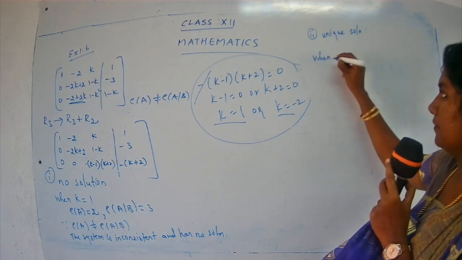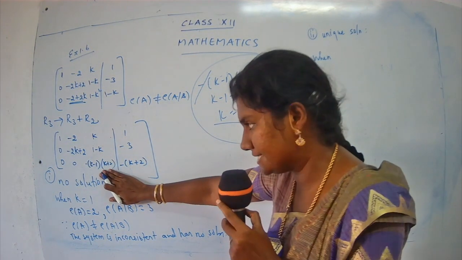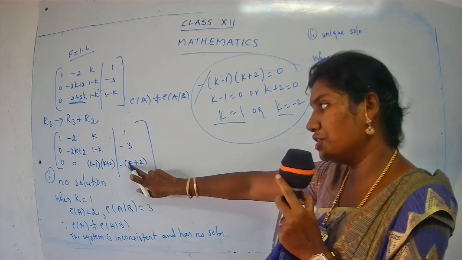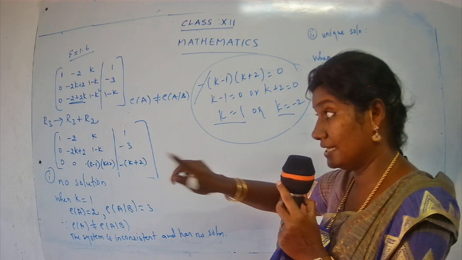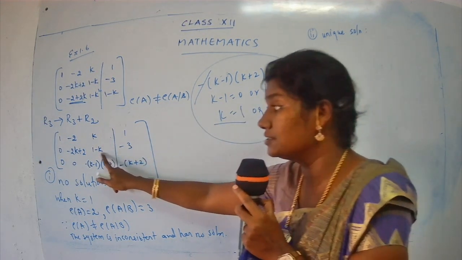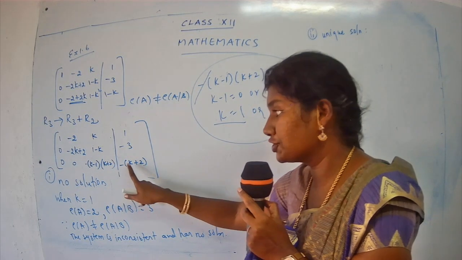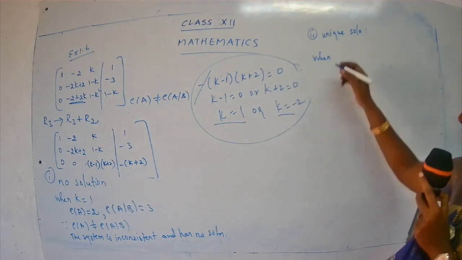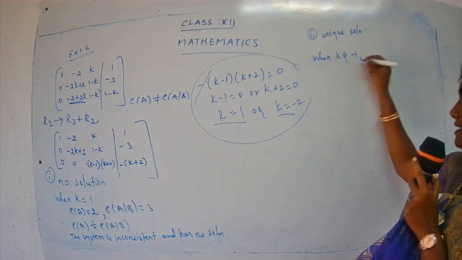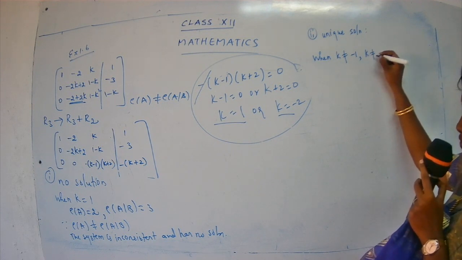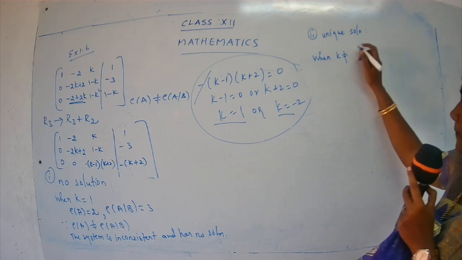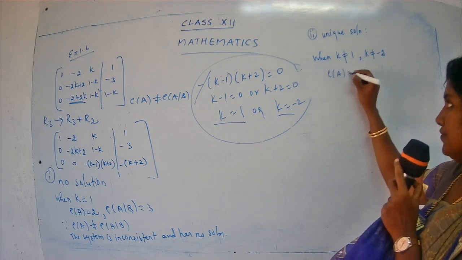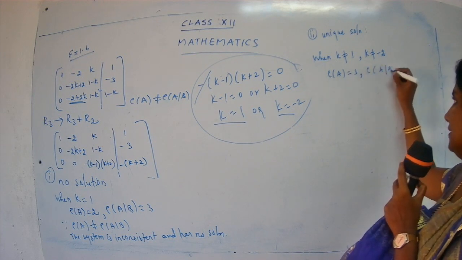I'll say when, see, unique solution means I want the rank of A as 3 and the rank of AB as 3. If I put here minus 2, the rank becomes 2. That is, here I get a 0. So remember, I should not get a 0. So to avoid getting 0, I should not take K as minus 2 and also I should not take K as 1. When K is not equal to minus 1, K is not equal to 1 or K is not equal to minus 2, rank of A is 3, rank of AB is 3,